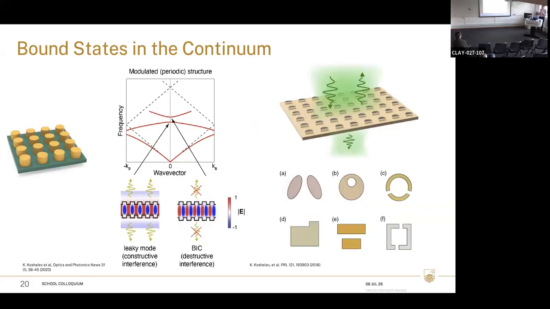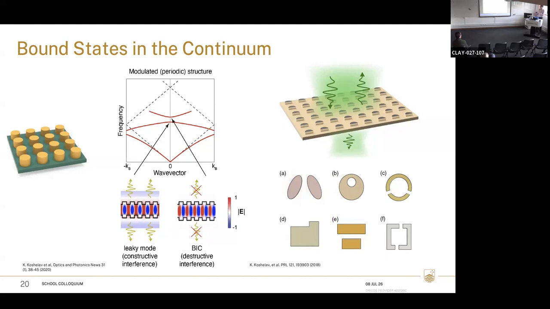So among the resonances that can be supported by the metasurface, there's one which was discovered relatively recently. It's called bound state in the continuum. Basically, every periodic structure can support this resonance. But this resonance actually originates from destructive interference. So it can't be excited. It has infinite quality factor and can't be excited.